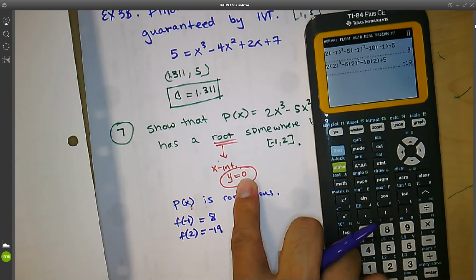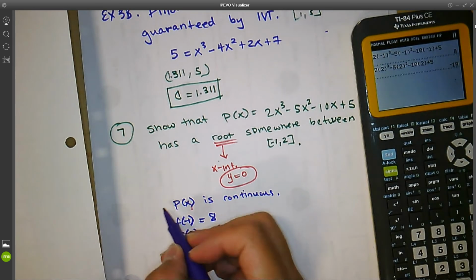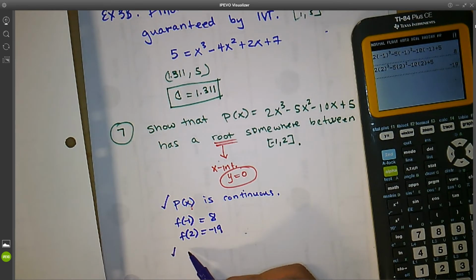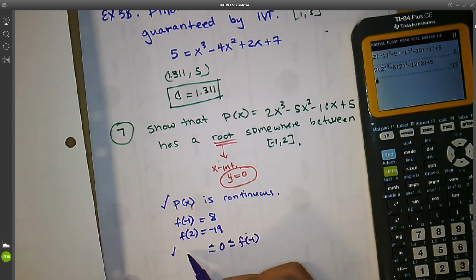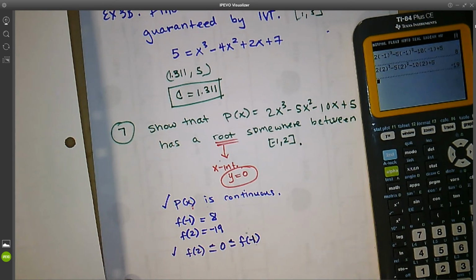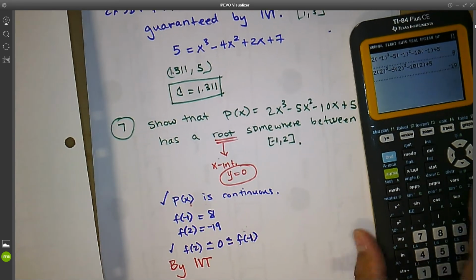Is the y value 0 between the other two y values? Yes, let's write our statement. Here's our first statement. Here's our second statement. 0 is less than or equal to f of 1, greater than or equal to f of 2. Since 19 negative is smaller than 0, we'll toss f of 2 here, f of -1 there. Our in-between statement is there. We're done. By our intermediate value theorem,